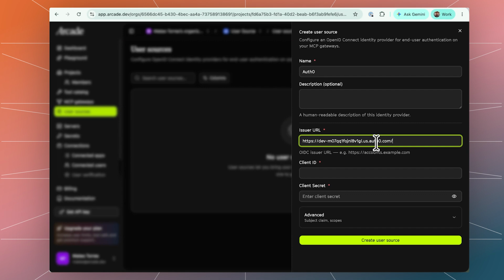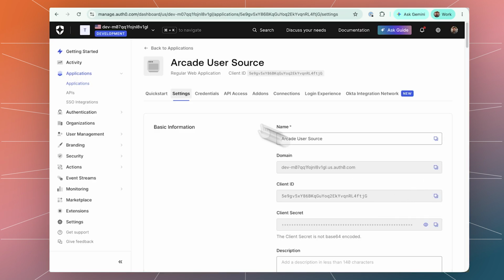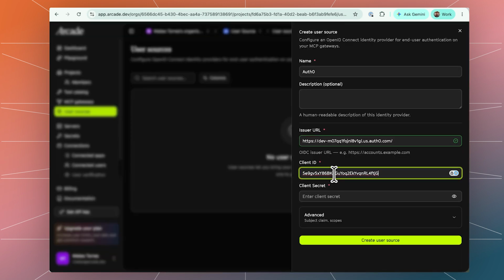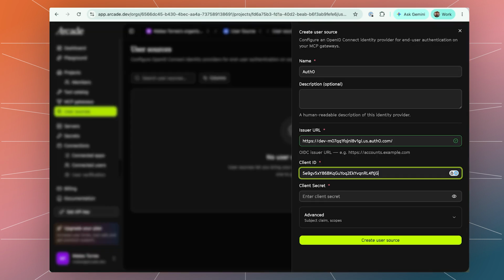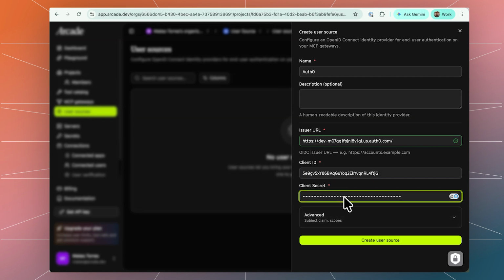That trailing slash is very important because otherwise this user source will not work. For the client ID, I need to get information from the Auth0 dashboard. Copy the client ID, and I paste it into the Arcade dashboard. The same happens for the client secret. I copy that from the Auth0 dashboard, and I go back to Arcade, and I paste it in the corresponding